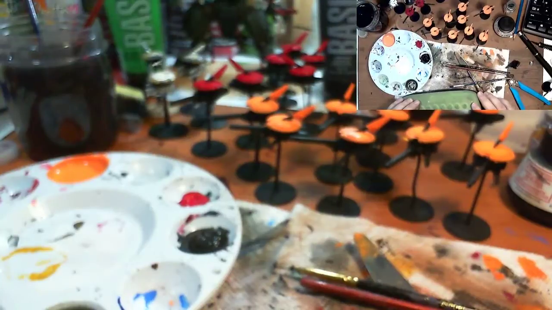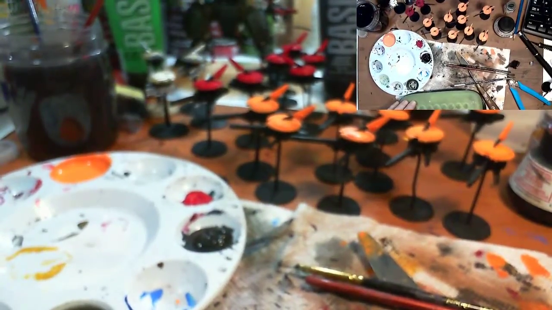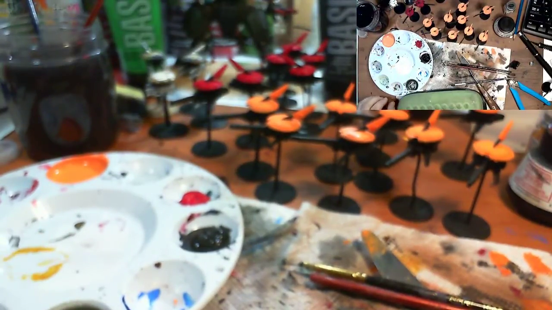I have one Storm Surge and two Riptides, as well as a buttload of drones that really need at least some sort of a base coat. Is what I want to say. At least some sort of a base coat. What am I gonna do? Kinda want to do the drones. Let's see, so